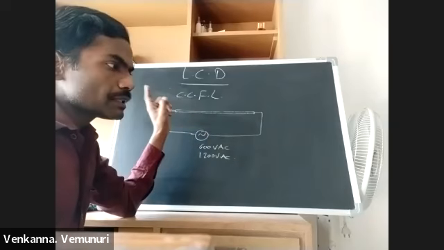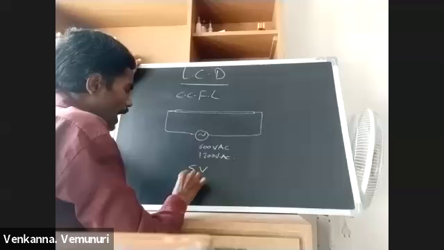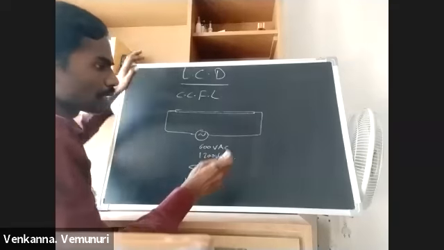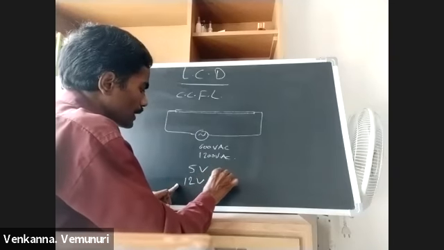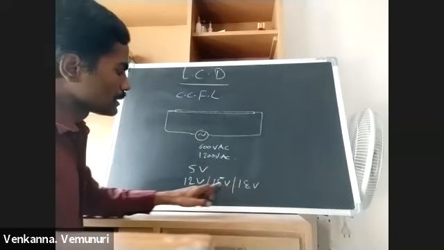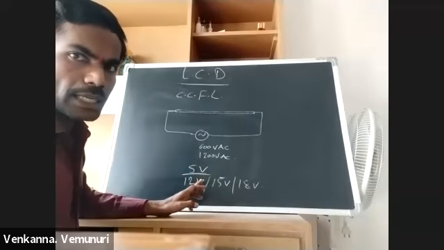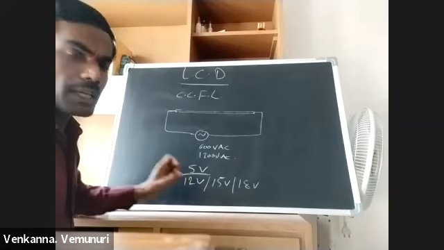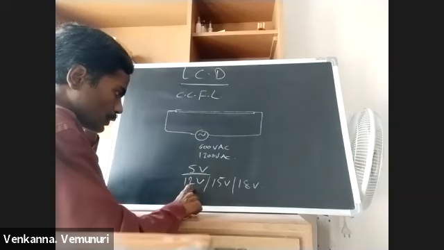But in this LCD monitor SMPS, the output voltage is only 5 volts and 12 volts. Depending on the LCD monitor size, it is 12 volts, 15 volts or 18 volts. It means that as the monitor size increases, this voltage also increases. But 5 volts is common for any LCD monitor. So here, this is the 5 volts, 12 volts, 15 volts.